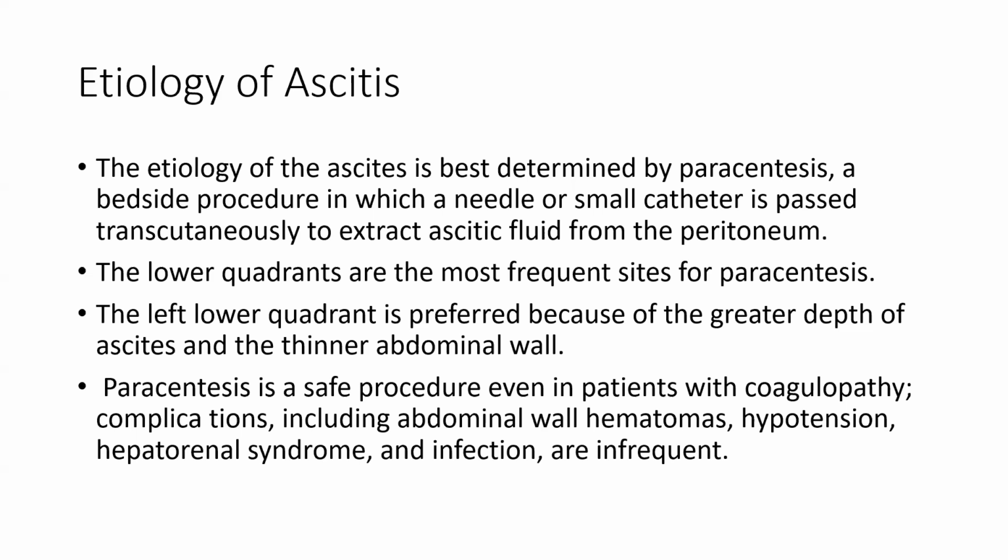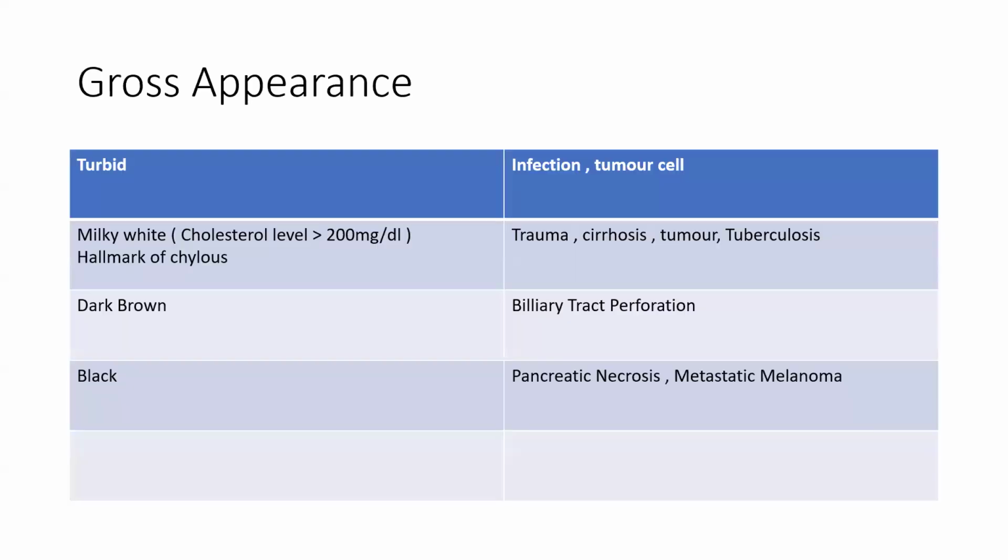In that case, we actually have to compare the risk-benefit ratio, and then take the decision of going for the paracentesis. But yes, this procedure is associated with the least complication of infection and coagulopathy, so it is a comparatively safer procedure. And even if the patient has a coagulation abnormality, we can go with this. Now, as soon as we perform the paracentesis,